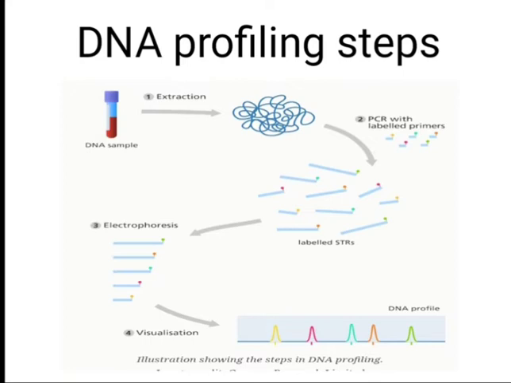And the third step is electrophoresis. Here each and every thread is arranged in a particular manner, and the analysis occurs in the electrophoresis technique. And on the readout device we can see the spectrum or a DNA profile like this. So for each colored dot there will be a separate peak. This diagram is showing the steps which are included in DNA profiling.